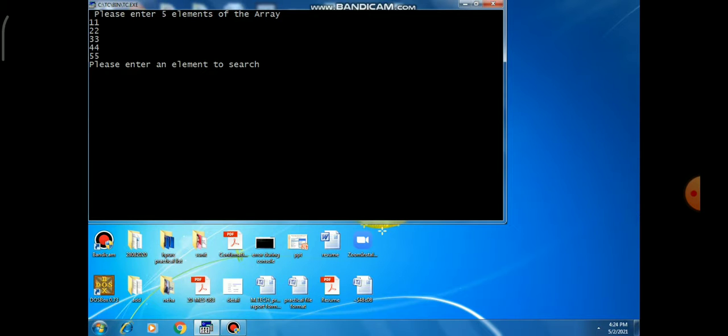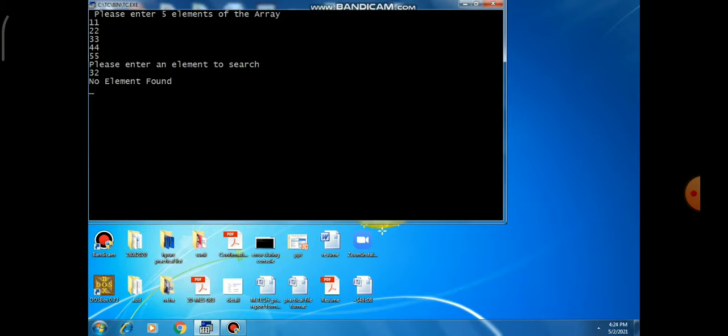Now I am entering a number, that is 32. This number doesn't exist in the list, so it will print no element found, because we did not enter this number in the array.